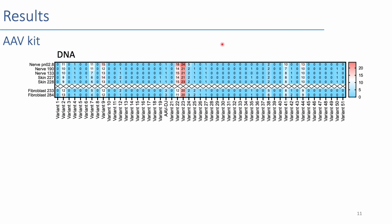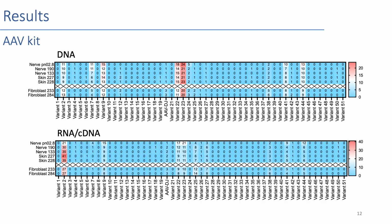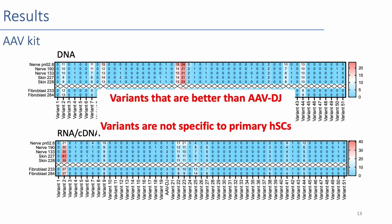So at DNA level, we were able to identify a lot of new variants that can transduce with better efficiencies than the benchmark AAV-DJ, which is here, and also can express better than AAV-DJ, which is again here. And those capsids that are efficient at transducing both skin and nerve-derived Schwann cells are also very efficient at transducing fibroblasts. That means they are not specific to the primary human Schwann cells, and that's why we need to develop